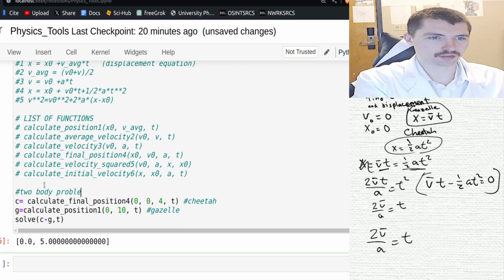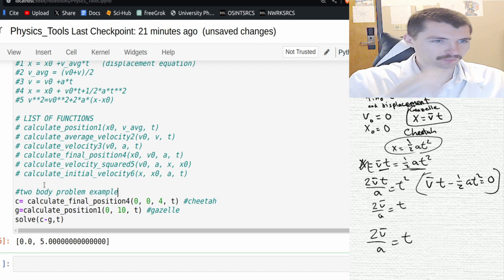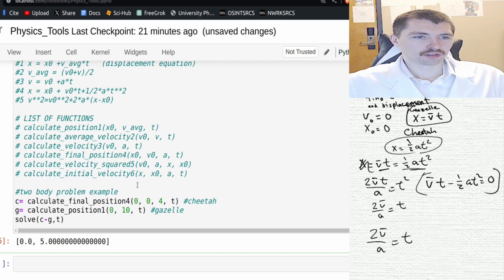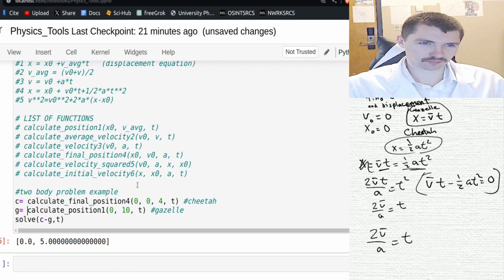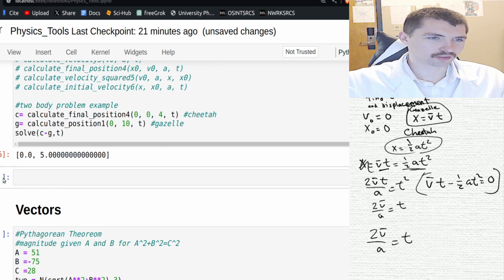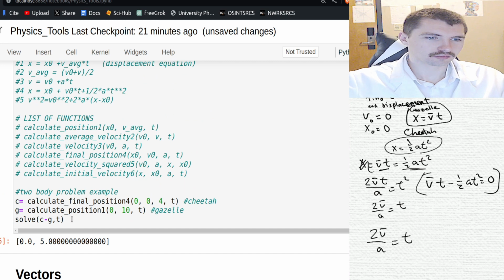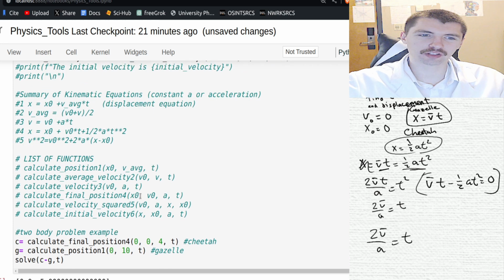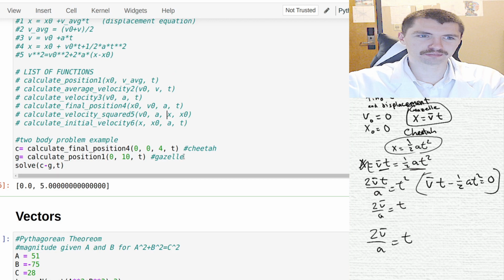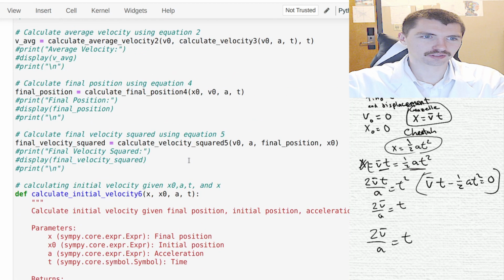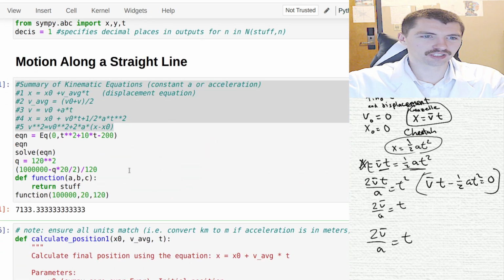Body problem example. Yeah. So we can get the right answer with our calculator. We just have to move things around to express it right. So a lot of code today, but